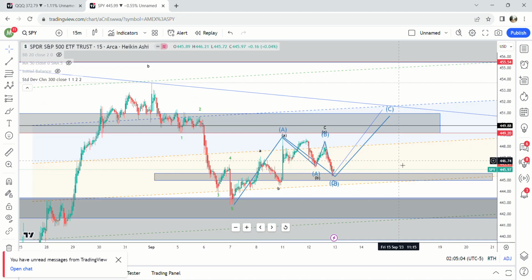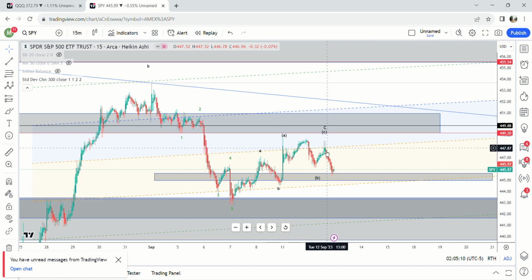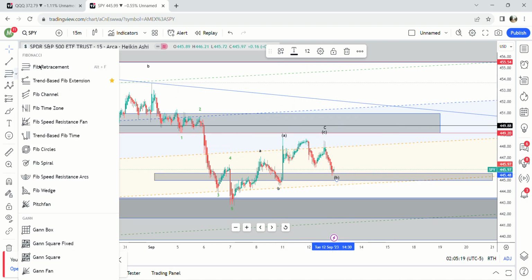And then SPY is a little bit different. I already have it set up here. Another reason why I'm bullish, you look at this move right here. That's a very corrective move. This was ABC, corrective move. We should get one more move up here to